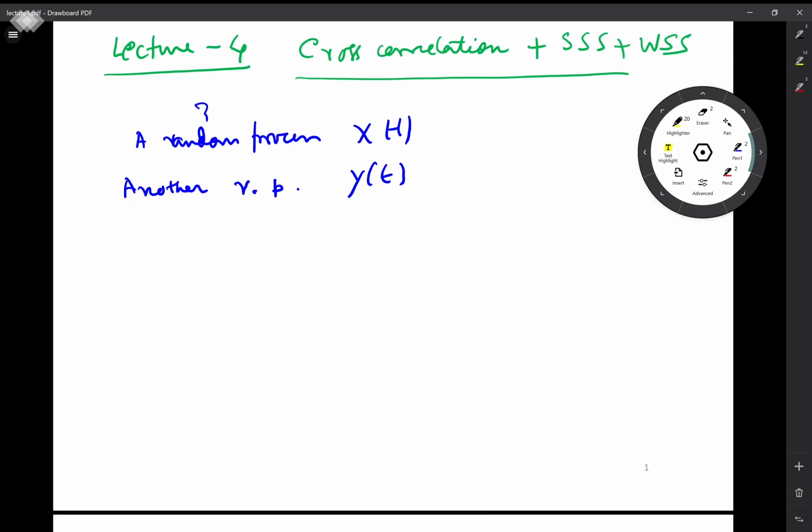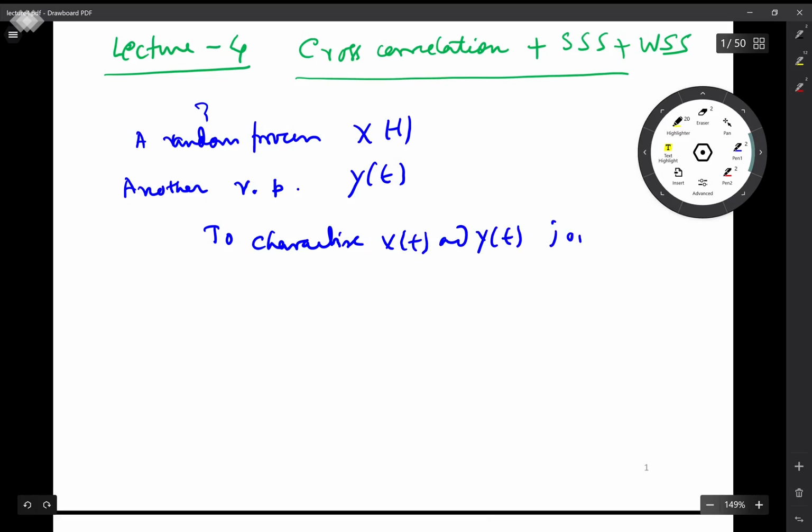So we need to know the PDF of all possible combinations of samples from xt and yt. To characterize xt and yt jointly,